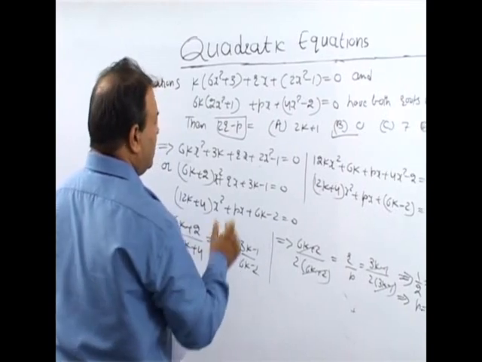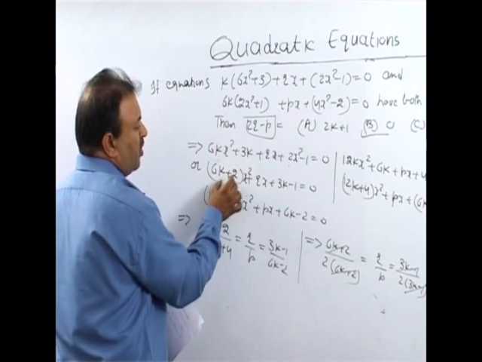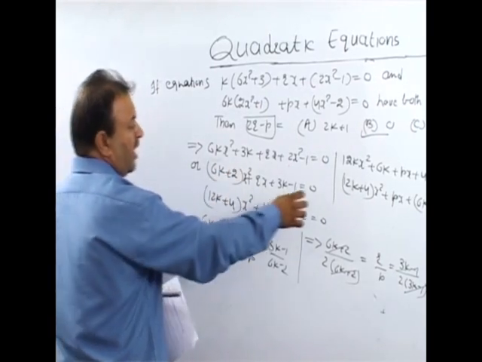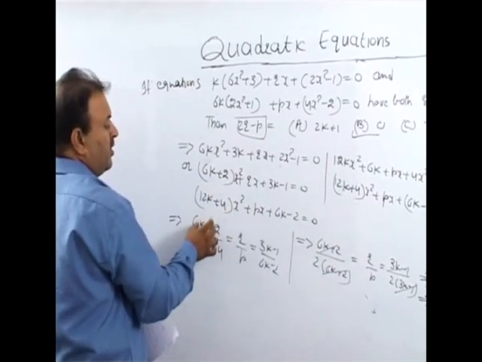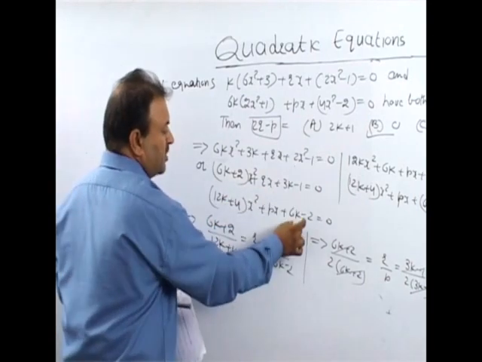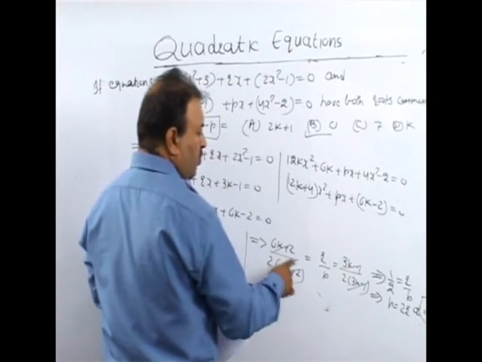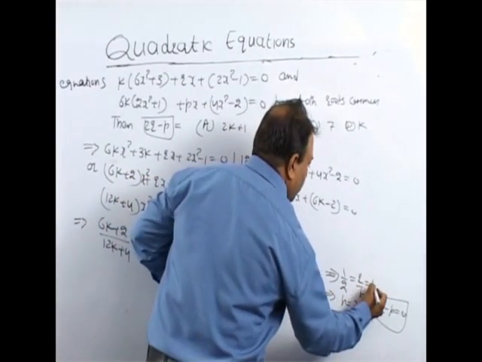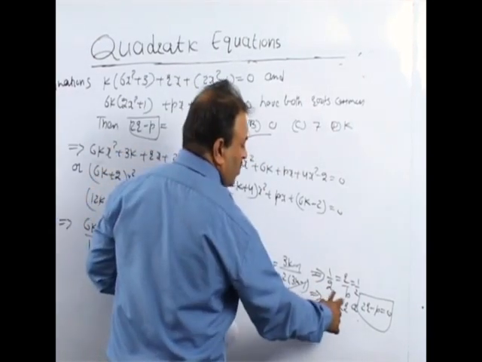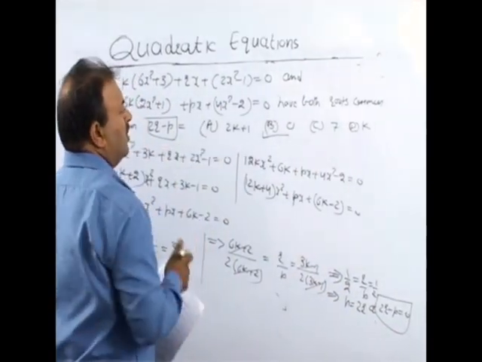Once again, see the calculation and the steps I have done over here. It is comparing the coefficient of x square. I write down the equation in a proper order, then write down the other equation below it. Now comparing coefficients, this upon this, r upon p, this upon this. I find this will be cancelling out. We are left with 1 by 2 is equal to r by p is equal to 1 by 2. So p is equal to 2r, and 2r minus p is equal to 0. So this is the value we had calculated.